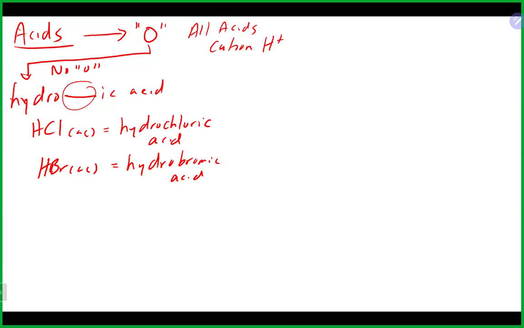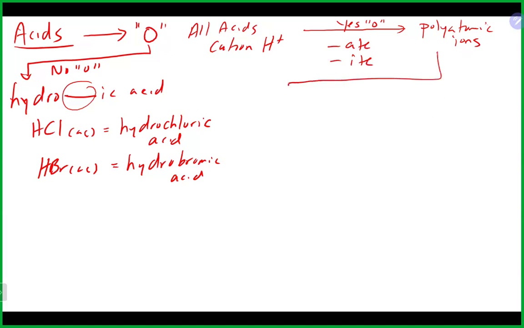Now, if it does have oxygen, it will contain one of those polyatomic ions. And if you remember, those polyatomic ions end in one of two ways, either -ate or -ite for most of them. And if the polyatomic ion for your acid ends in -ate, your acid name will be something -ic acid, like